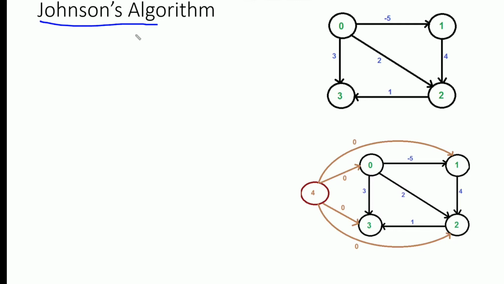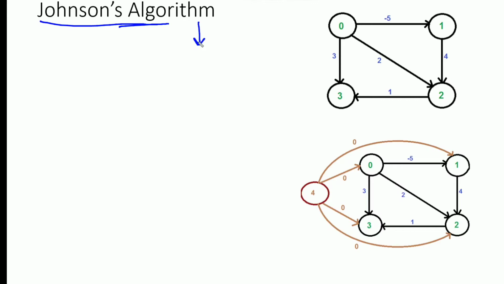But if we compare Floyd-Warshall with Johnson's algorithm, the time complexity Johnson's algorithm will take is less than that of Floyd-Warshall. In Floyd-Warshall we used the concept of intermediate vertex, and applying that to all the vertices we are able to have the shortest path. Johnson's algorithm is nothing but the combination of Bellman-Ford and Dijkstra.